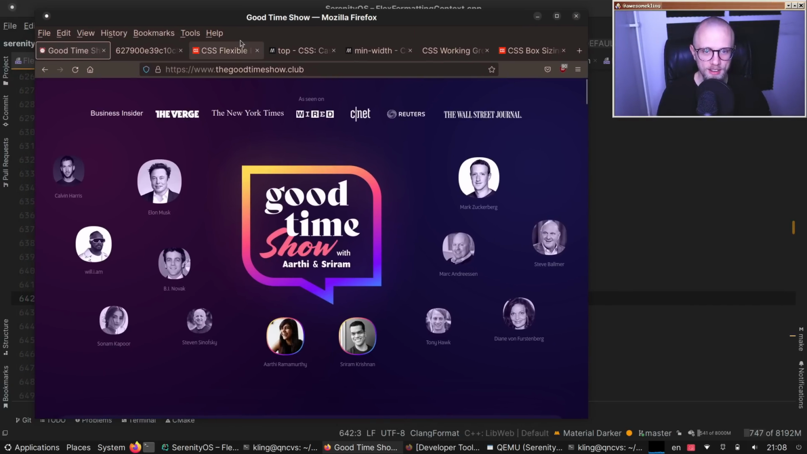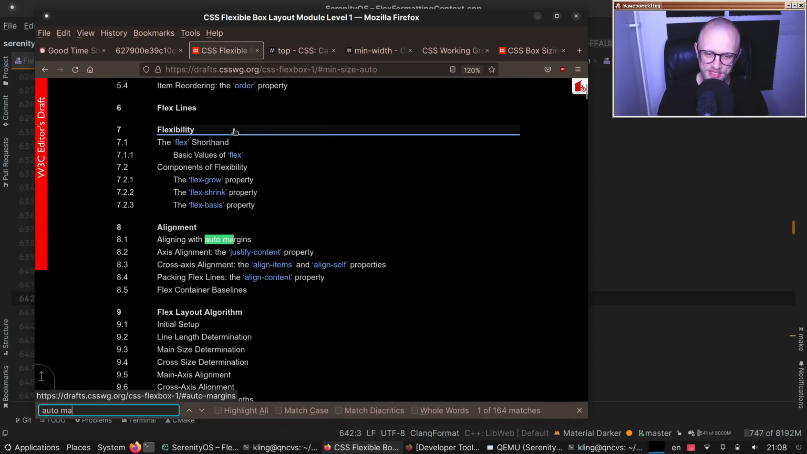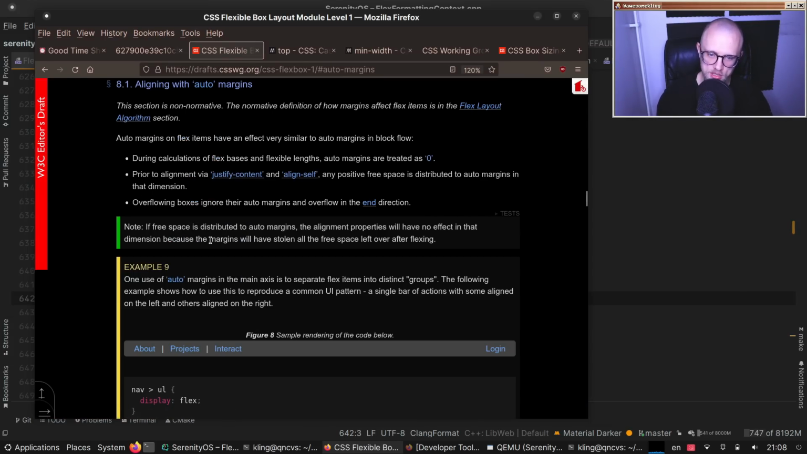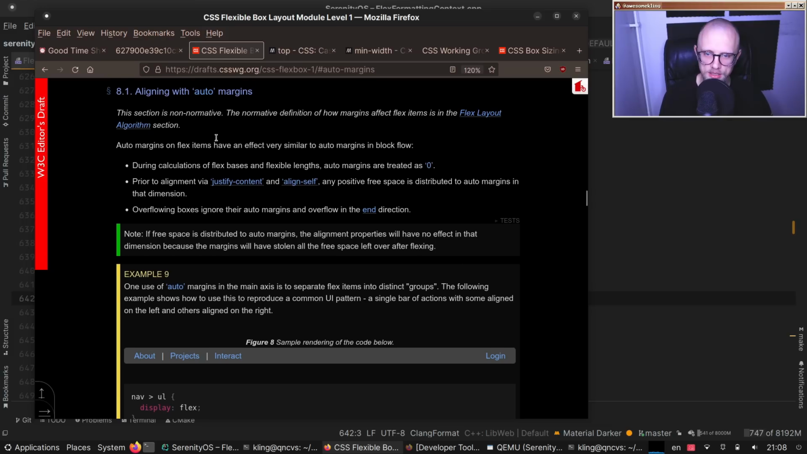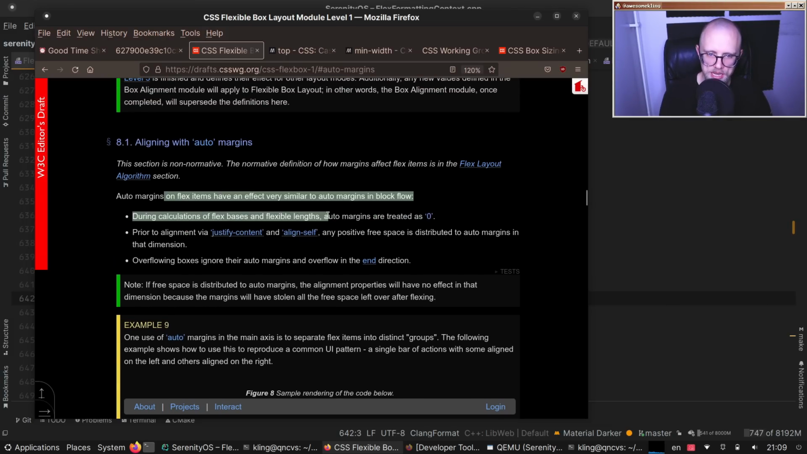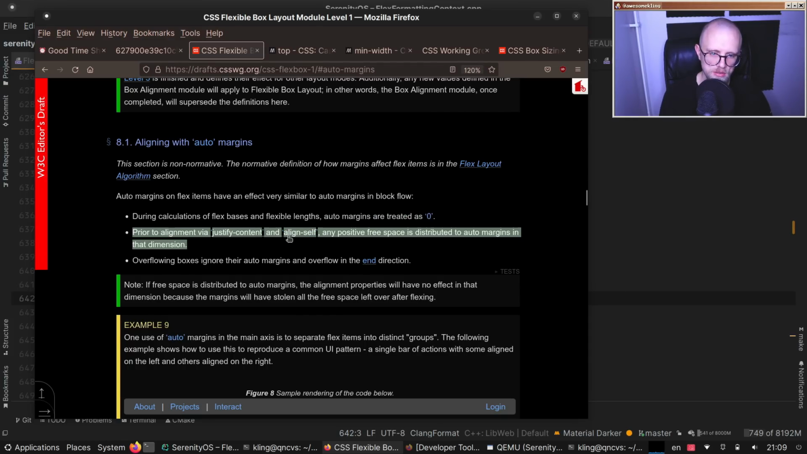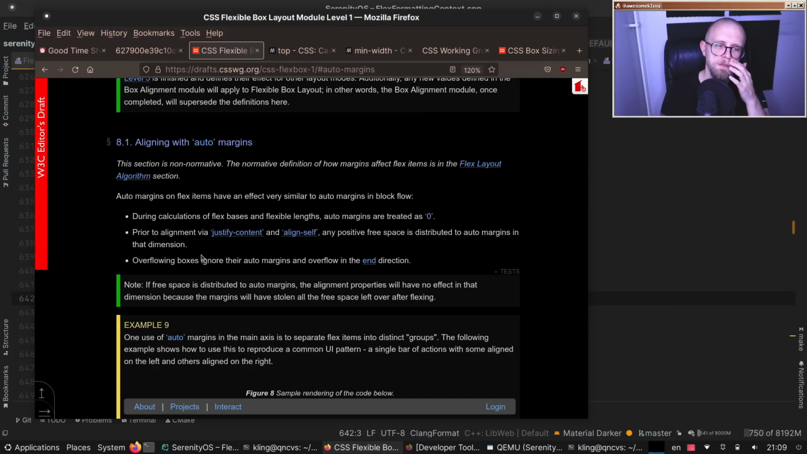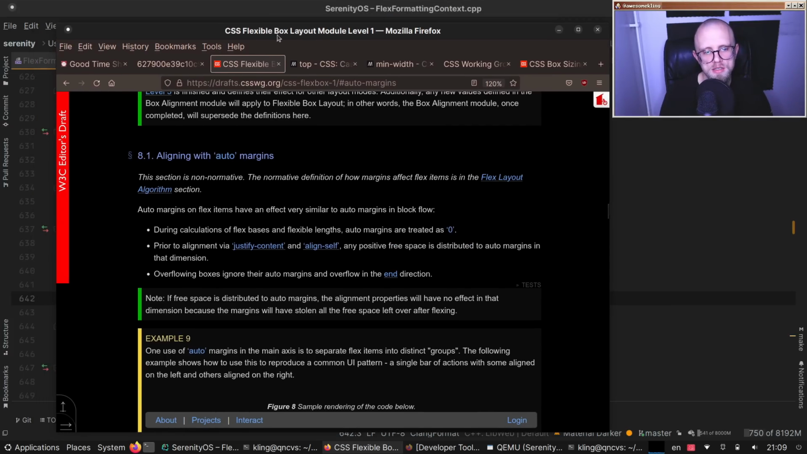Okay, so how does flexbox deal with that? Aligning with auto margins. There's a section about it. How very helpful. Non-normative, sure. So auto margins on flex items have an effect very similar to auto margins in block flow. Okay. During calculations of flex bases and flexible lengths, auto margins are treated as 0. Prior to alignment, any positive free space is distributed to auto margins in that dimension. Oh, I see. So before we align the items,